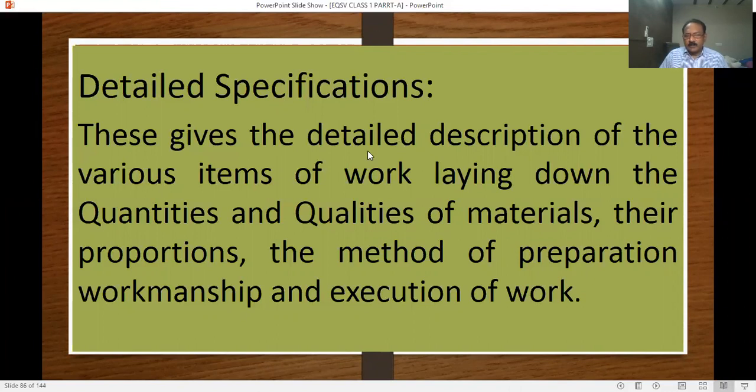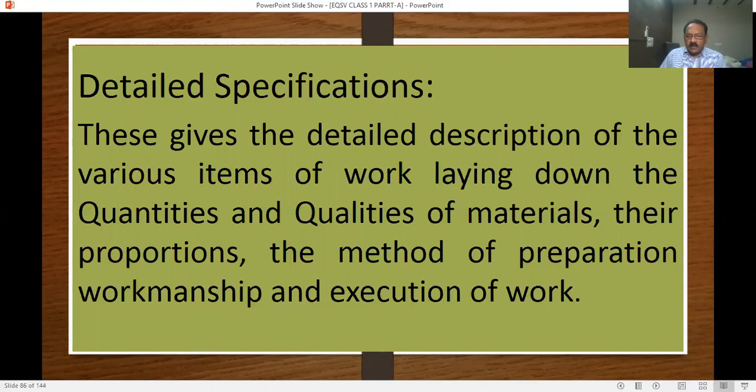What is detailed specification? In general specification, overall, we studied PCC ratio 1:4:8, like that. In detailed specifications, we have various items like columns, beams, plastering, flooring, giving you quantities.